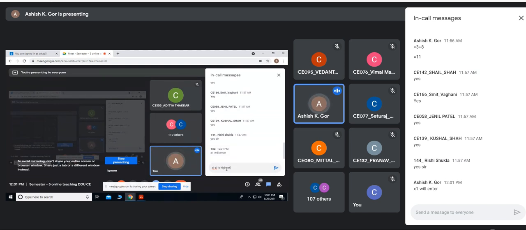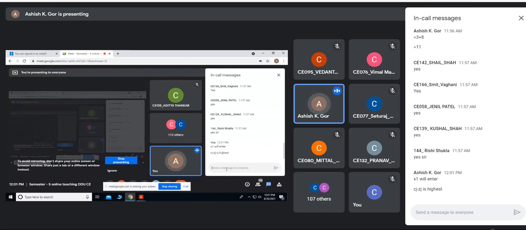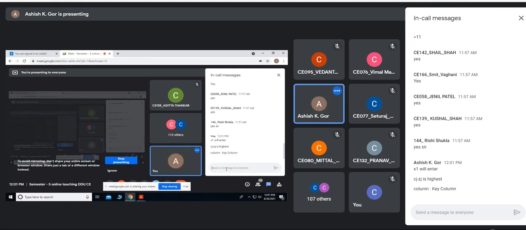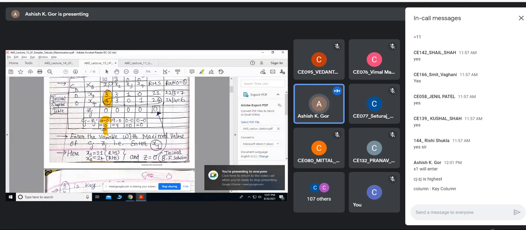So we find the maximum Cj minus Zj, and we try to enter it. The corresponding column is known as a key column, which I have drawn as an ellipse. Now there are two candidates, x3 and x4. Which out of these two can leave? For that, I find a ratio.